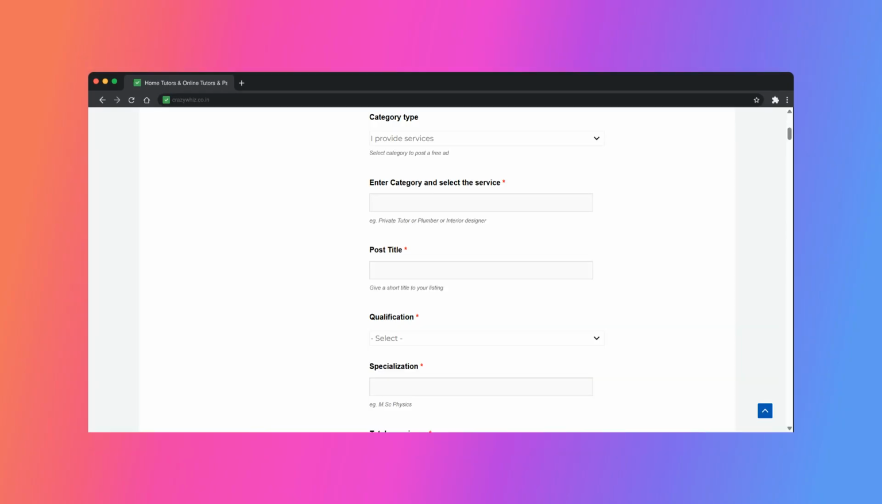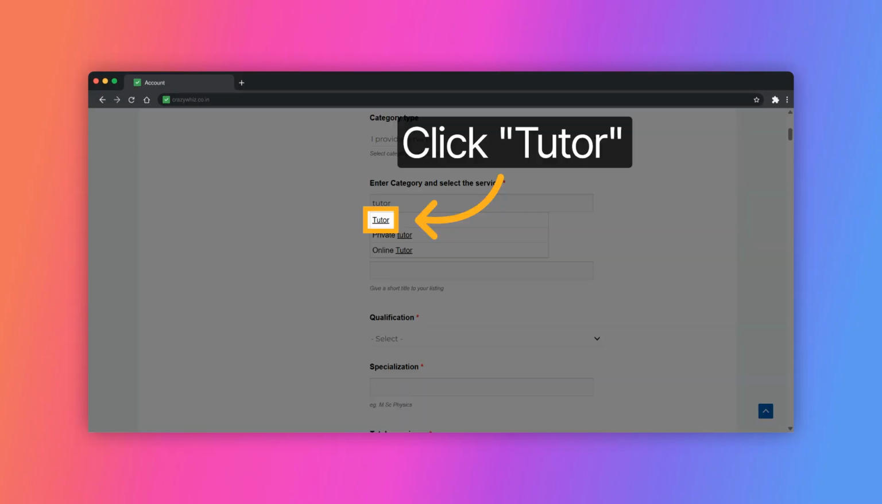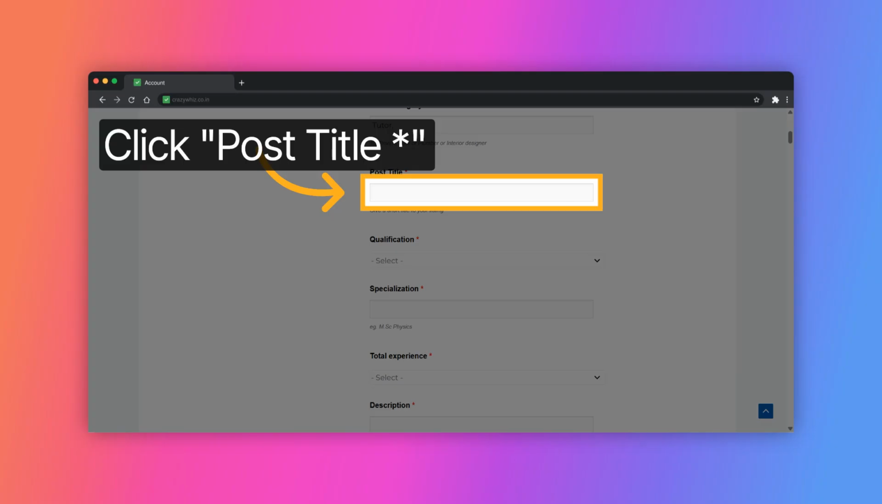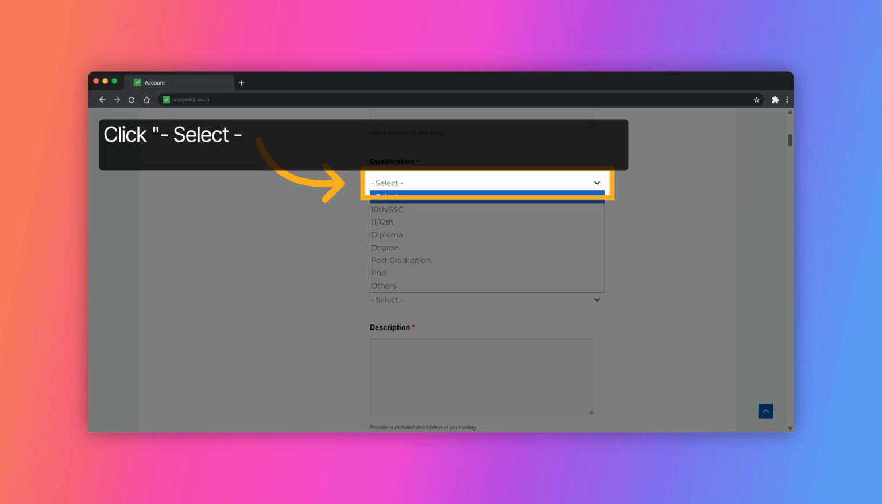Enter the service category, such as tutor, to specify the nature of your job profile. Select appropriate job role such as tutor from the list to categorize your job profile appropriately. Click the Post Title field to enter the title that will appear on your job listing. Click the drop-down to select the education level relevant to your job profile, such as diploma or degree based on